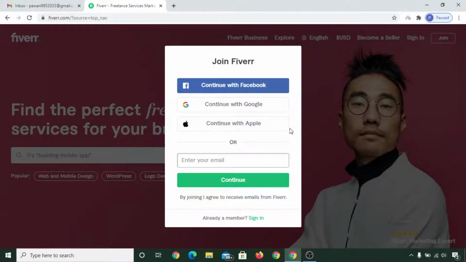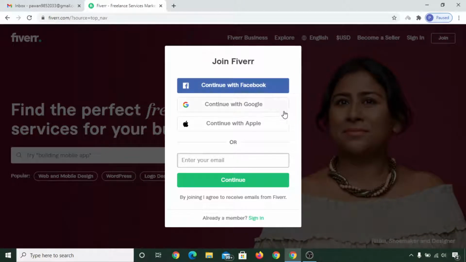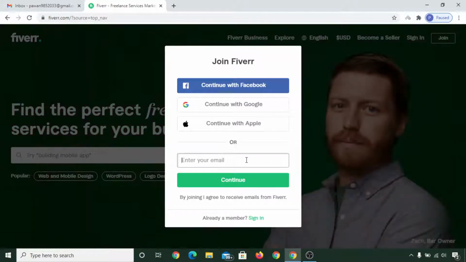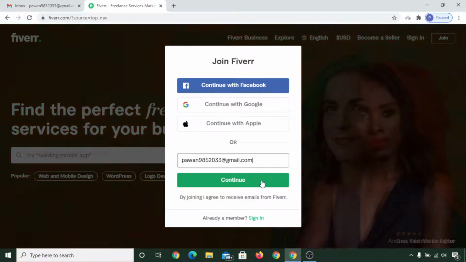There will be no problem joining with either Facebook or Google or your Apple, but I would suggest you enter your own email address to sign up. It is the safest way because you can recover your password easily if you forget your password in future. Simply after entering the Gmail, click on continue